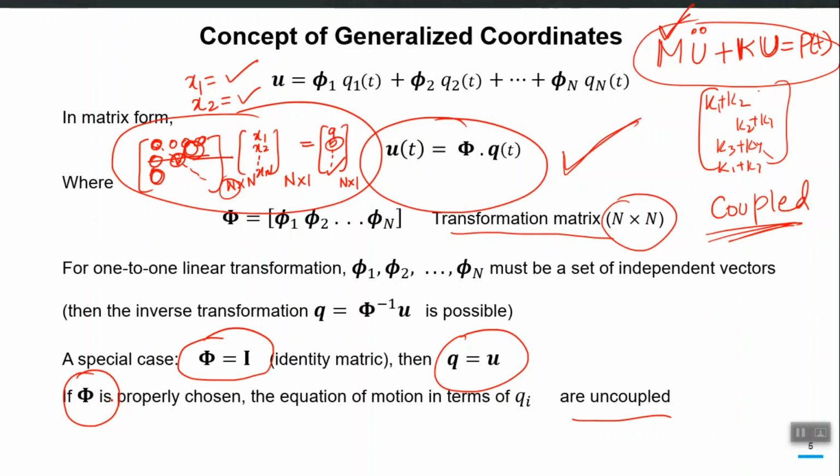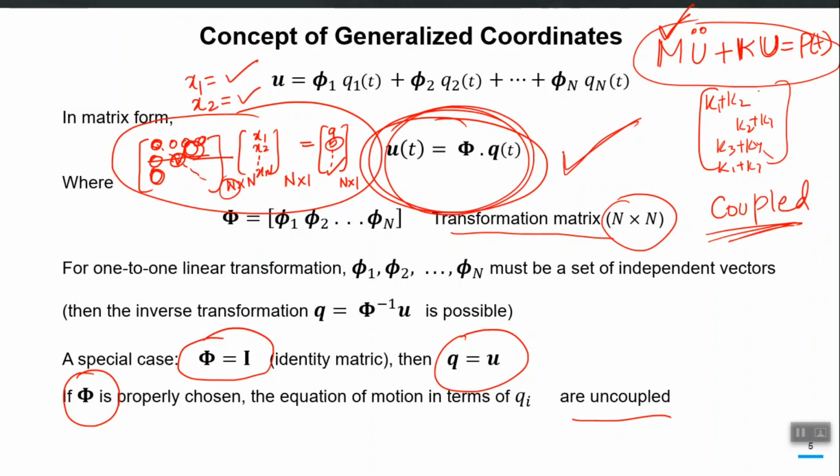Now the idea is that if we use the mode shape matrix as the transformation matrix, the resulting equation of motion in the new q coordinates will be uncoupled. They will be in a form where we can take out one equation, solve for q1, take out the second equation, solve for q2 and up to qn, and then finally bring the solution back from q to u, right? So using the modal matrix, we will be taking our problem from u coordinates to q coordinates by using this transformation equation.